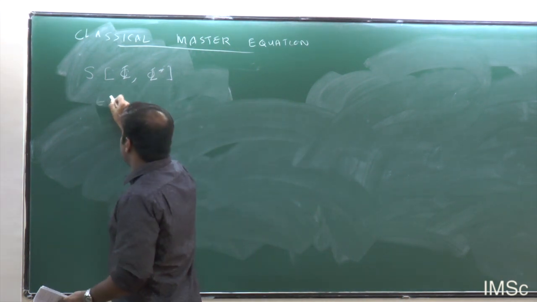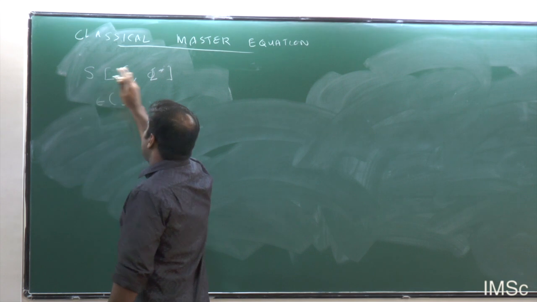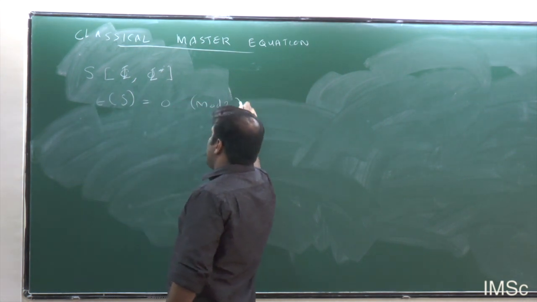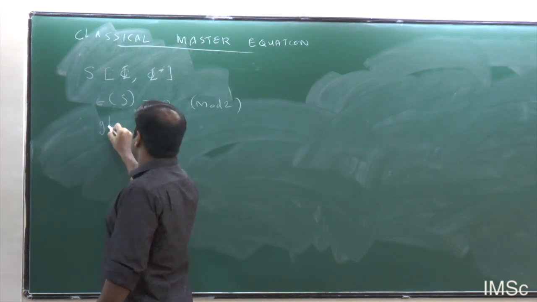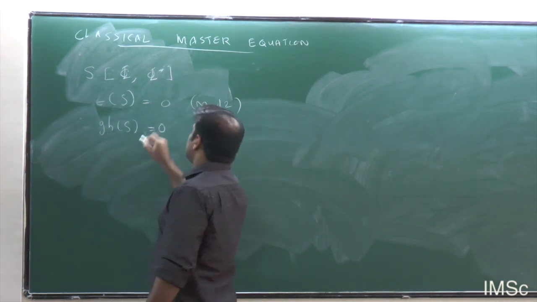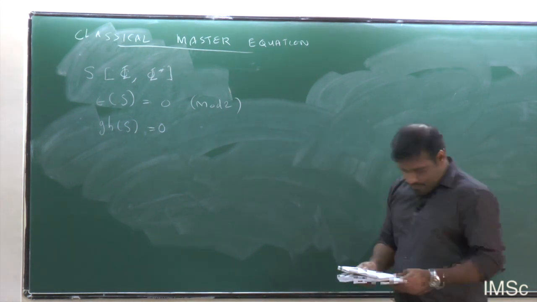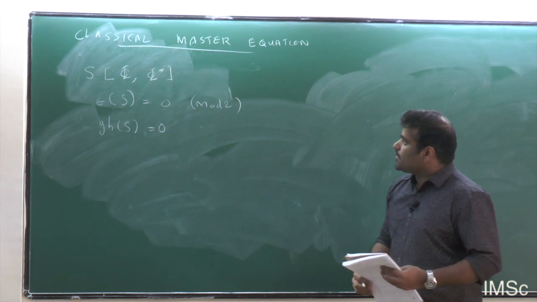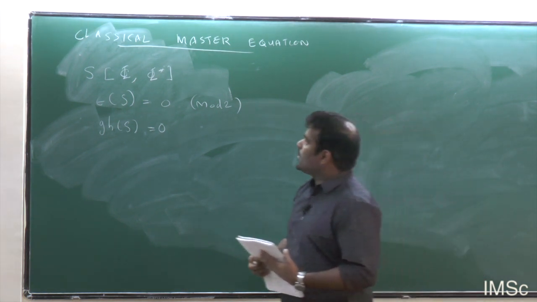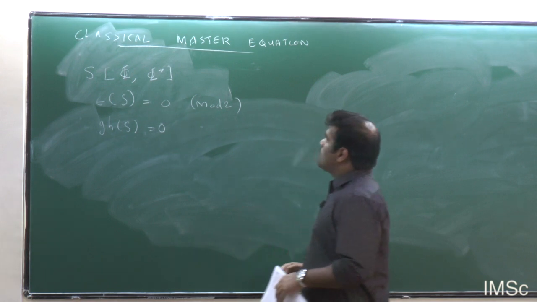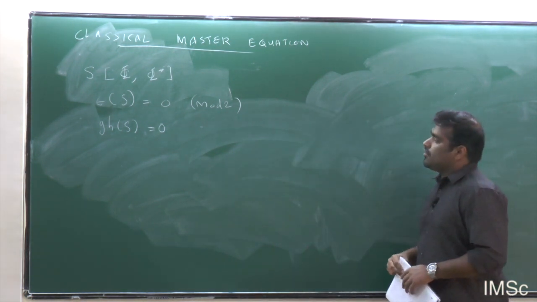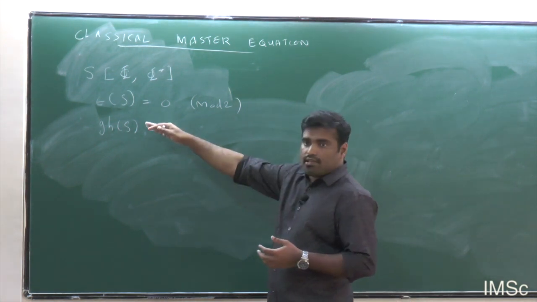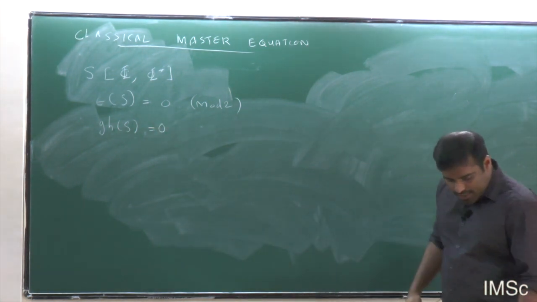And the statistics, or the Grassmannality, of S should be even, so it should be 0 mod 2. And the gauge number of S should be 0. This is the first thing that you have to do for finding the classical master equation. You have to introduce a functional of field and anti-field satisfying this condition. Once you have that,